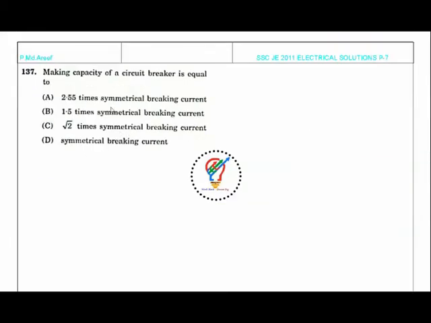The next question here is, making capacity of a circuit breaker is equal to. So making capacity, it is always the maximum value or a peak value. The symmetrical breaking current is nothing but the RMS value. So we want to convert RMS value to maximum value, means we will multiply the symmetrical breaking quantity with root 2, and because of considering the doubling effect we will multiply it by 1.8. So this is 1.8 because of doubling